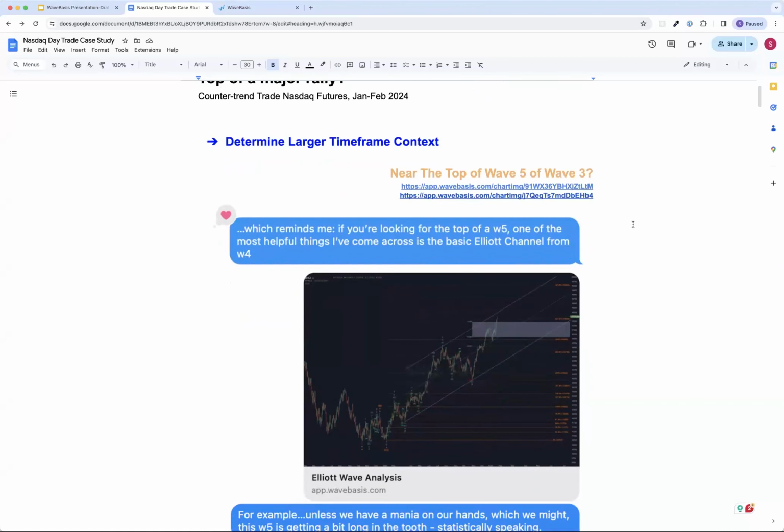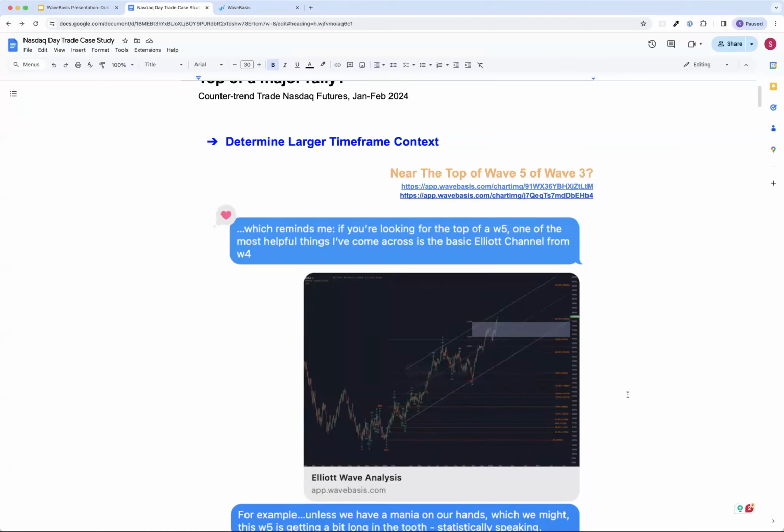And what we're seeing, the format of this document, I'll just mention, you'll see these funny looking links above the chat areas with the charts. Each of these links is a shared chart. You can share charts from within WaveBasis. We'll make this document available on our website, PDF or something, so you'll be able to retrieve all of the actual charts that I was sharing with him. Over the course of these few weeks, I was sharing charts and putting out comments, and we were talking about all sorts of other things in between, but I've trimmed this down to just the Nasdaq talk.